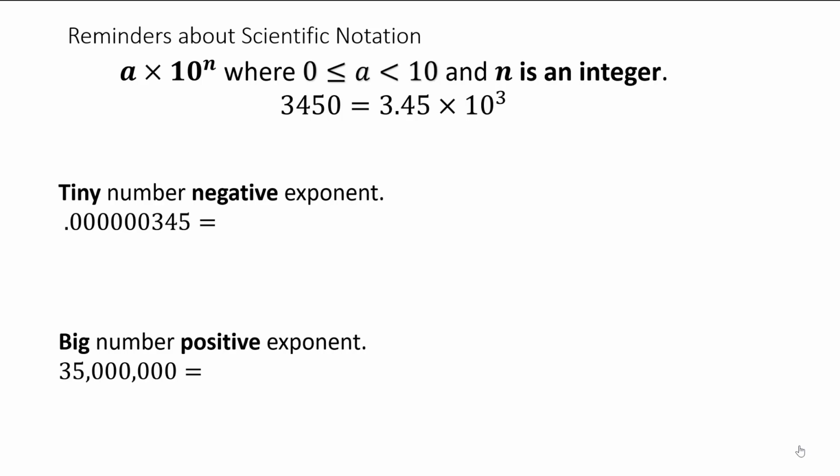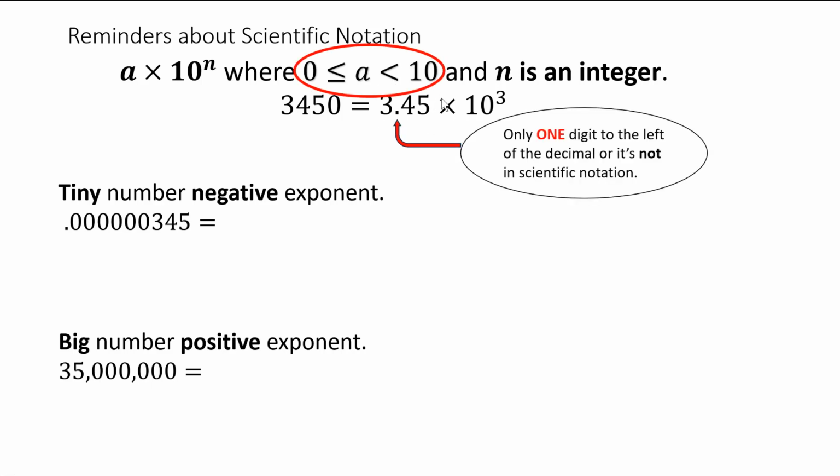So a is supposed to be between 0 and 10, meaning that the number you're multiplying the 10 to the something by has to be between 0 and 10, meaning that there can only be one digit to the left of the decimal place, or it's not in scientific notation. Remember that if you're talking about a tiny number, you're going to have a negative exponent, because if you have something like